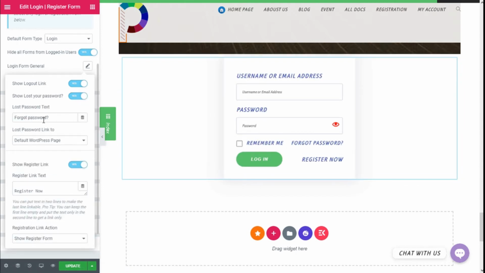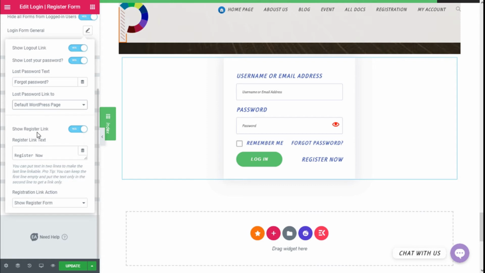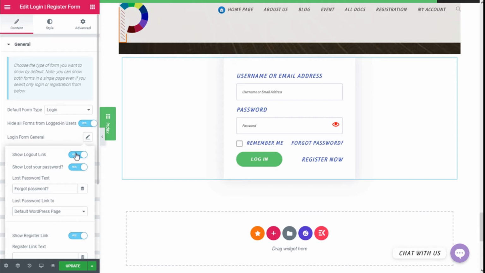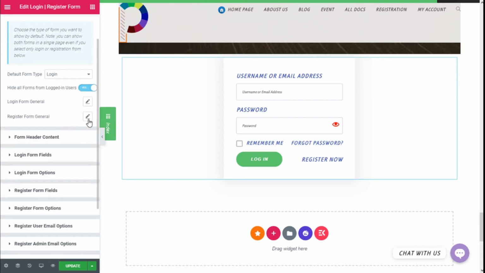We can change the text of the option, and we can change the link to a custom URL over the default WordPress page. And we can show the register link and the label Register Now, and the registration link action. We can show the register form, custom URL, or WordPress registration page. So we are going to leave that as it is, and we are going to go to the register form